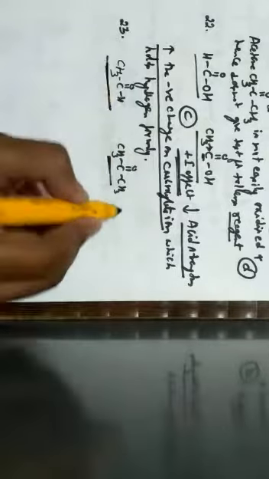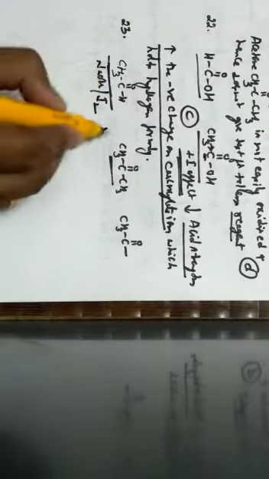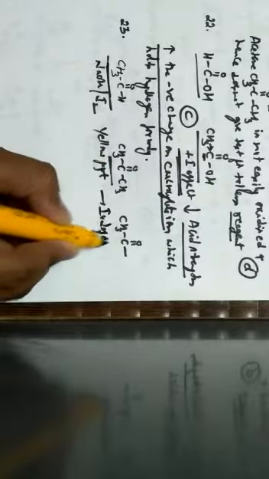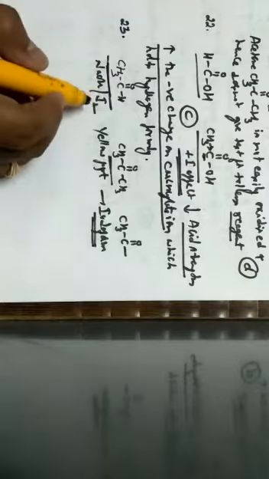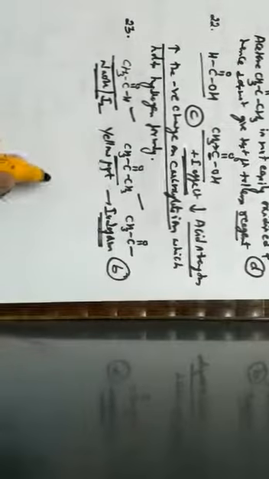As we know that both compounds, acetaldehyde as well as acetone, contain the CH3CO group, which can react with sodium hydroxide in the presence of iodine, which gives which type of precipitate? Yellow precipitate. Hence, it can readily form iodoform. So, it can be clearly said that acetaldehyde as well as acetone both react with NaOH in the presence of I2, which is nothing but the iodoform reaction, which is given by option B.